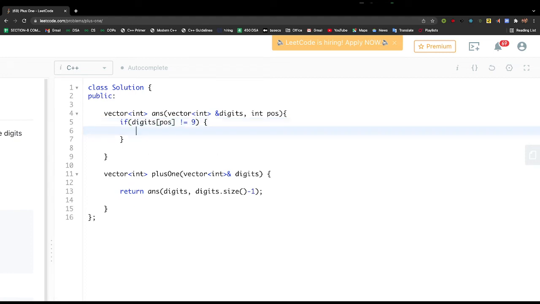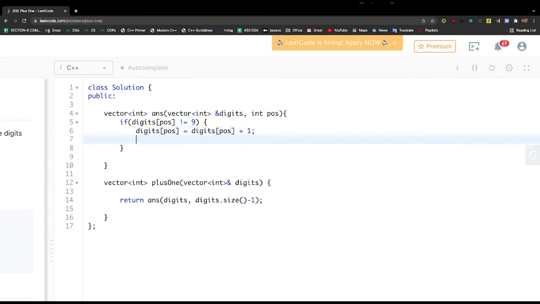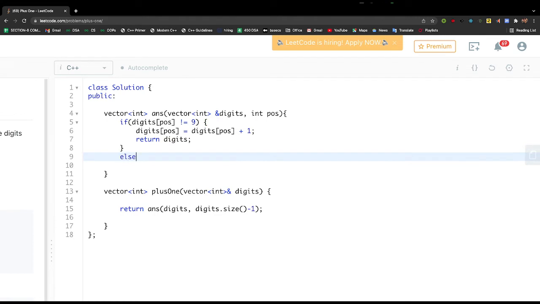then we'll just need to increment the digits at position by 1, and return the digits. Okay. Now else, what we can do here, else if position equal to 0,